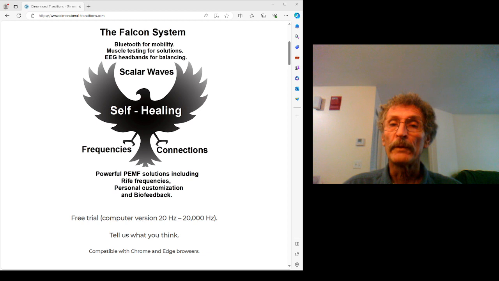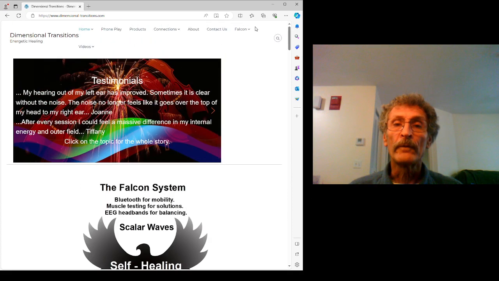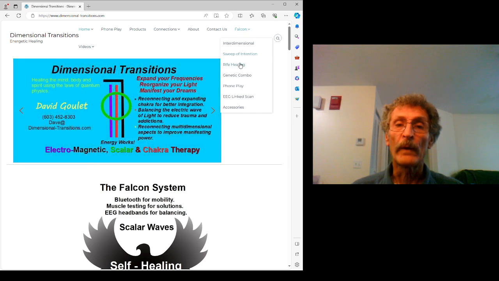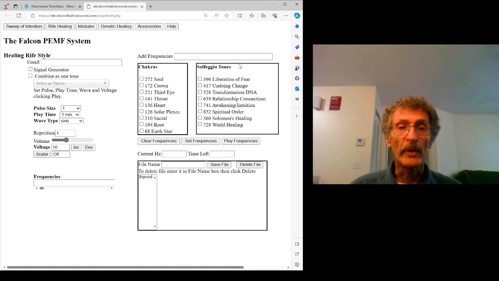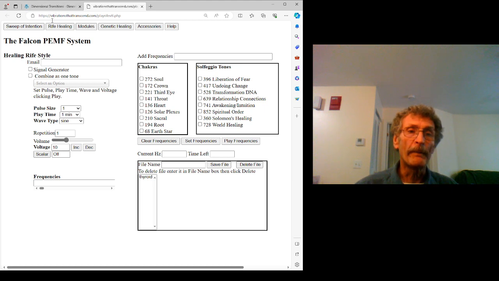If you look at the top of the menu, you'll find a place where it says Falcon, and if you go right down and click on Healing, that will show up. Now, you'll notice you have a menu up here. We're just going to focus on Rife Healing, and I'm going to start by explaining what Rife Healing is.